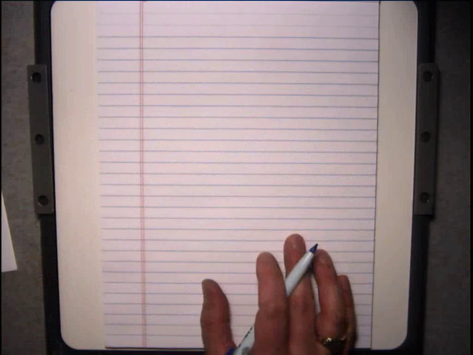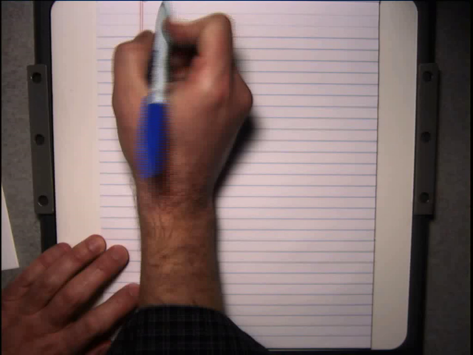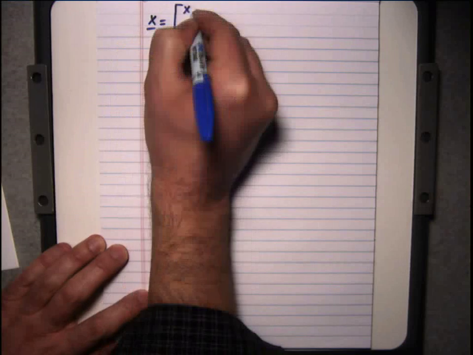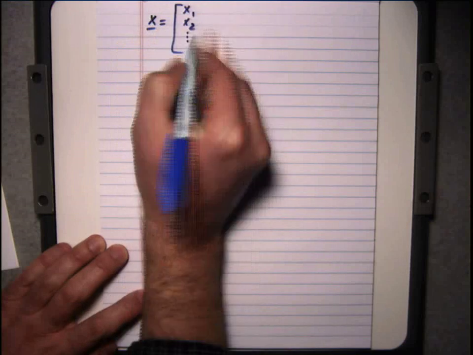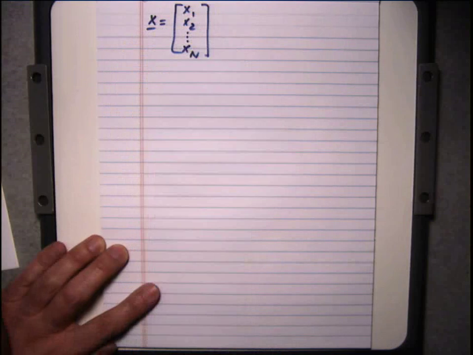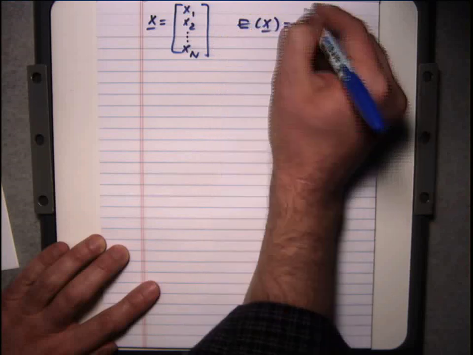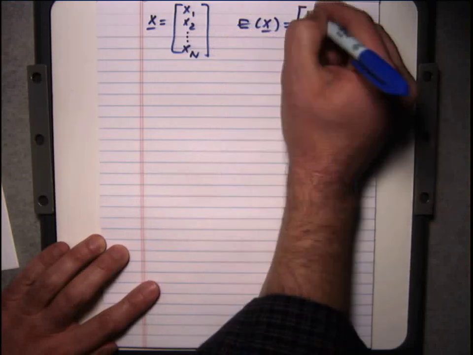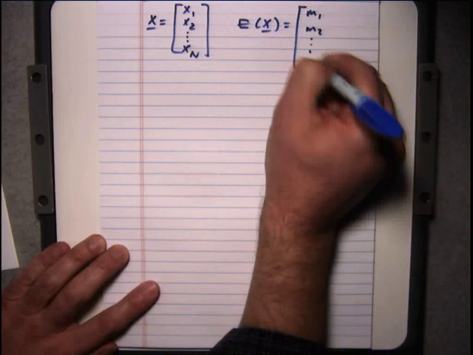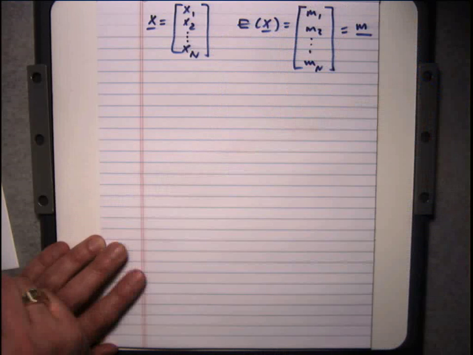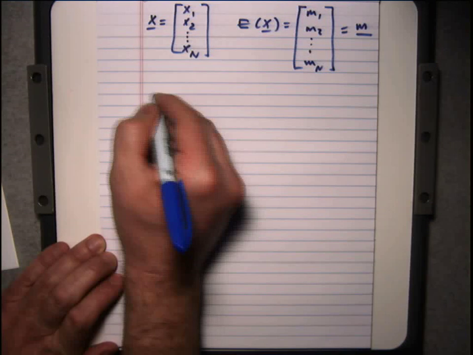Okay, so before we do that, let me just generalize the idea of covariance to a matrix that has more elements than just two. Let me write x is equal to x1, x2, up to xn. And so when we do this, the expected value of x is also going to be m1, m2, up to mn. And we denote this also as m bar like that. Okay? So now let's go to the covariance.